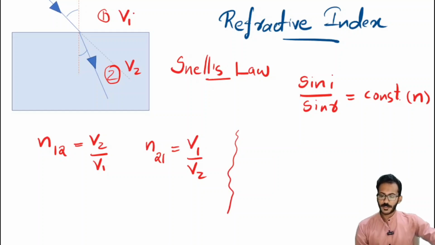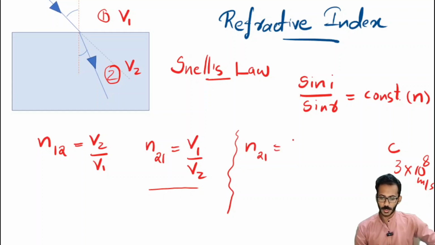Suppose the first medium is air. We know the speed of light in air is usually represented with the small letter c. The value of c is 3 into 10 raised to 8 meter per second. This is the speed of light in air. Suppose the first medium is air. Let's use the second equation to write that. So n21